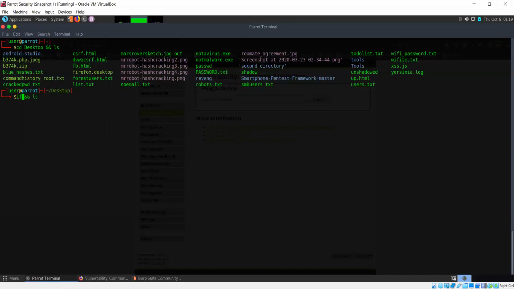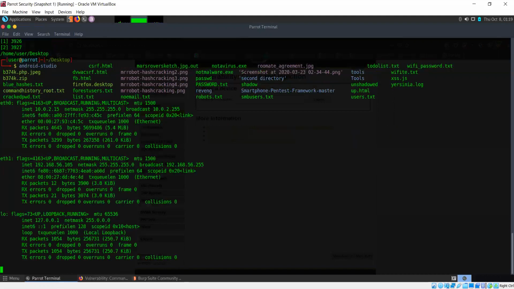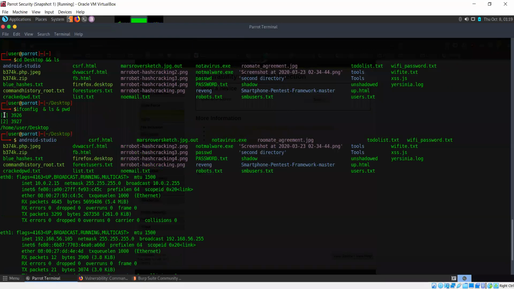If I were to do, let's say, ifconfig, and if I do it with one ampersand, that means all of these are going to be executed simultaneously. So this changes the way it works. What is the command that we specified? ls, pwd and this ifconfig. So here we've gotten the output for pwd first, then ls, then ifconfig.